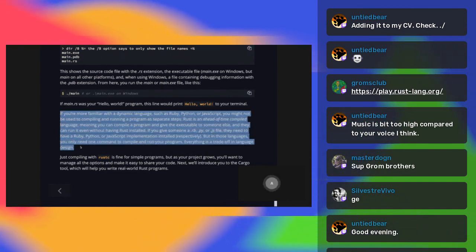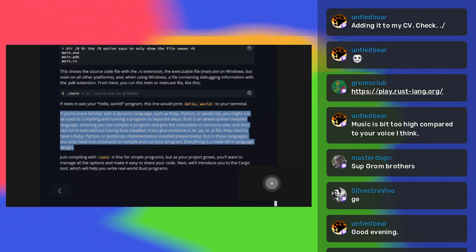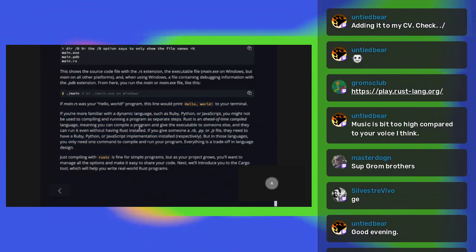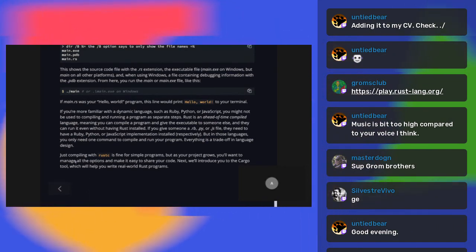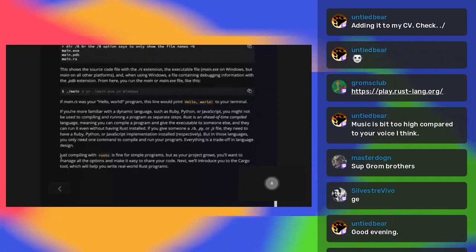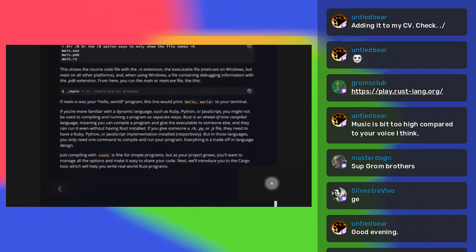So I know some people may be coming here with some experience with Python or JavaScript. You may not be used to this idea of compiling and running a program, right? It's usually just one step. But in Rust, we're getting down to some of the bare metal stuff, right? Not quite bare metal, but we're getting down to low level. We need to understand that the Rust compiler is doing its work, because that's going to become important as we continue